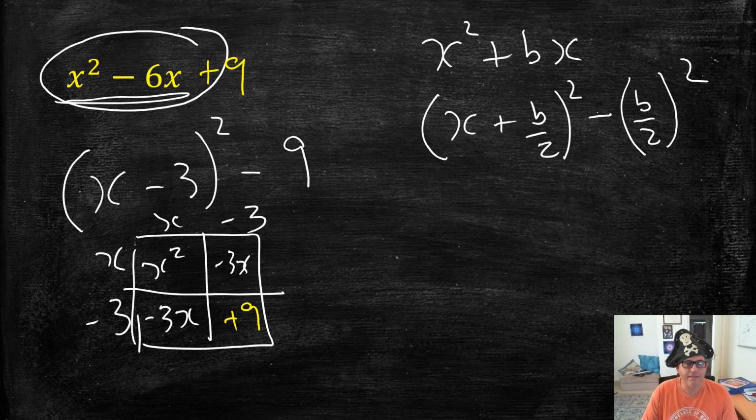But if I add 9 pieces, I can't just add 9 pieces. If I add 9 positive pieces, I have to also add 9 negative pieces. Okay, that's why I'm taking away half of b squared. It's always this number squared that I'm subtracting because I'm always going to have to add pieces to